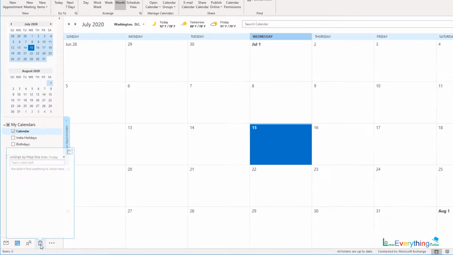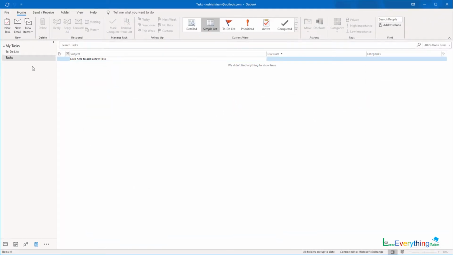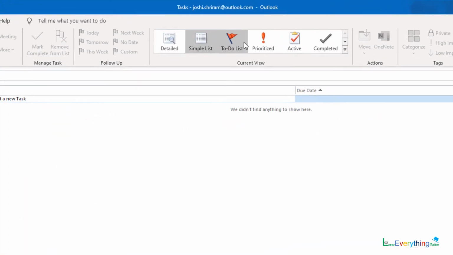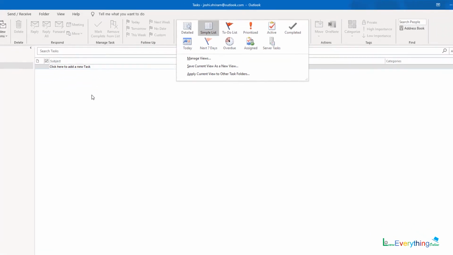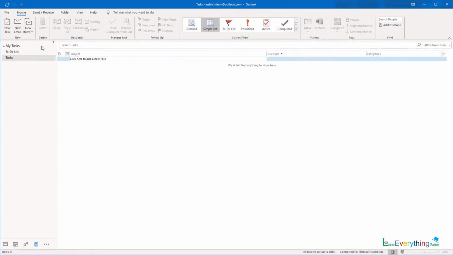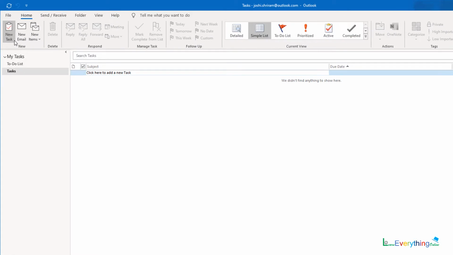You have a different task option in which you can save all your tasks along with flags and different priority-wise colors. There are so many options available in the task list in which you can assign that task to a particular person. If it is overdue, it will get marked as overdue. Task list will set a reminder, which will actually help you to understand whether the task is done or not. So the next 7 days' tasks, whatever things you have to keep in mind, you can manage using the task list. Now let's learn how to create a task.